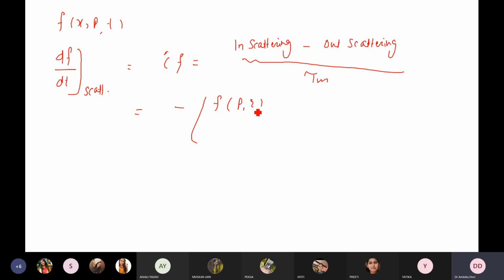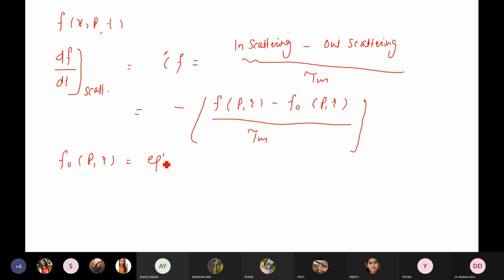So this is f(t, r) minus f naught(t, r) divided by tau. Here the first term, or you can say the second term, f naught, is the probability of finding the electrons at equilibrium,